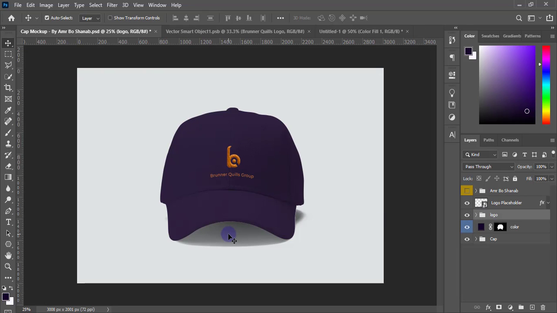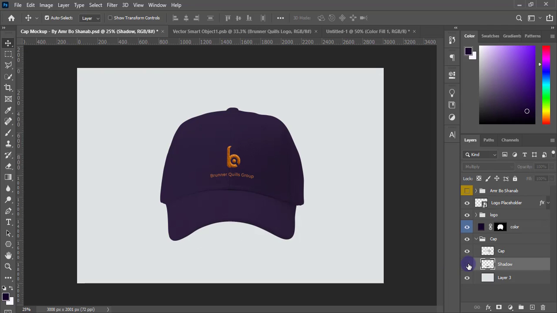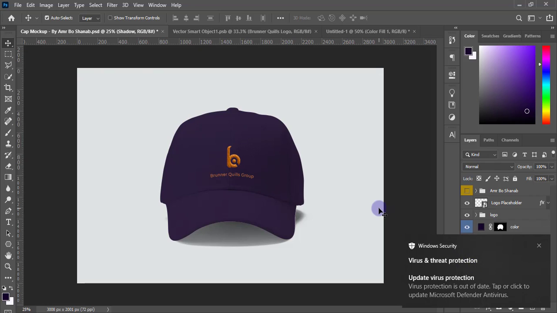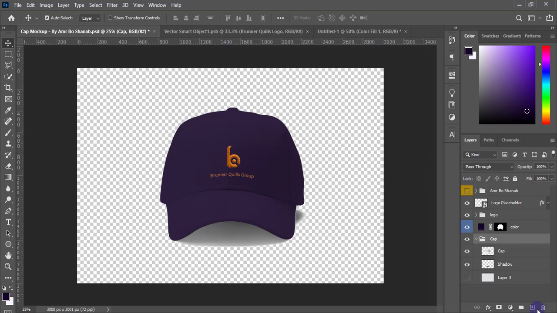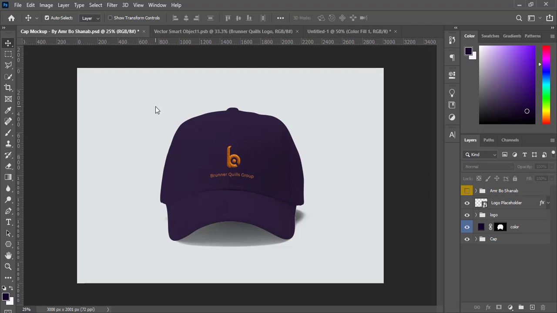Then also you can change the shadow. If you don't want the shadow, you can take it off like this. Whatever you want to do, just do it. The guy has made provision for that. You can also change the background. If I don't want this background, I can just disable this background. So guys, with all this done,